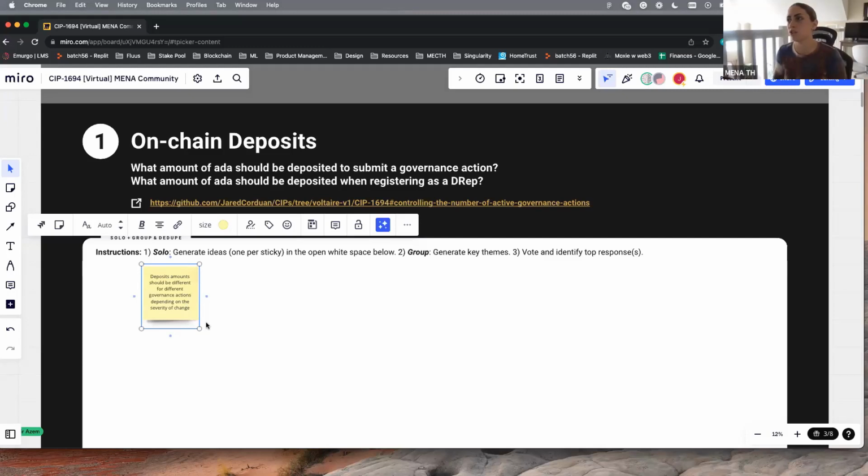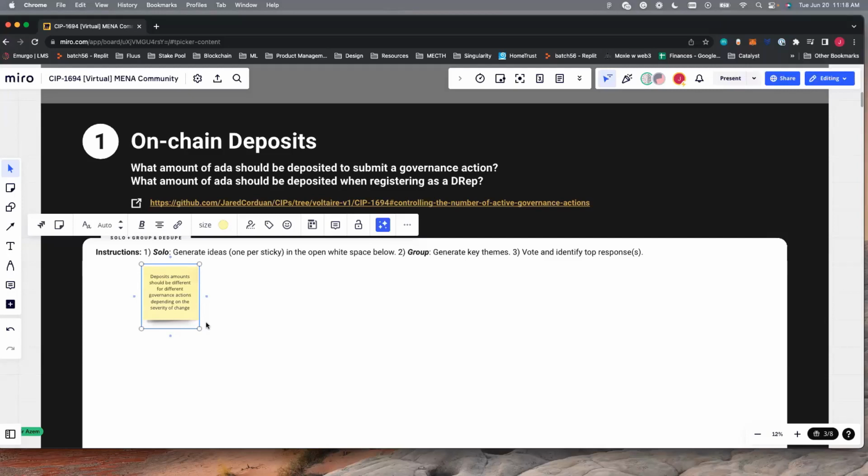But do you think that they should still be in terms of a number? It's quite hard to think of, because when you're trying to be inclusive in general, but also to avoid spam, what's the happy in between where not everyone is continuously spamming with governance actions, but also anyone can contribute and put in a governance action?